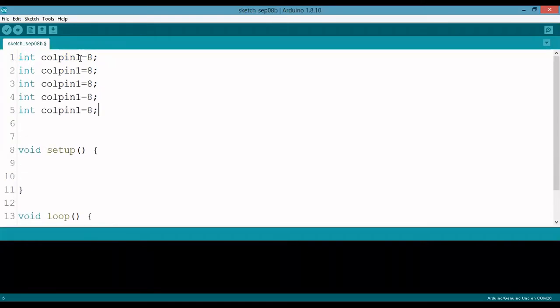The column pin number 1 is connected to 8. Column 2 is connected to 9. Column 3 is connected to 10. Column 4 is connected to 11. Column 5 is connected to pin number 12. Next, there are 7 rows available.